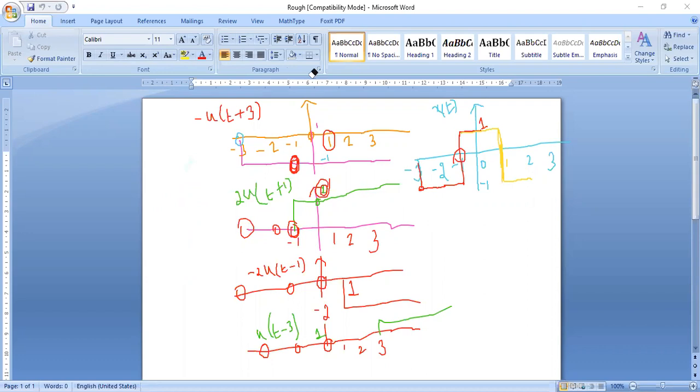So t is equal to 3. I want you to tell me the calculation. T is equal to 3. The calculation says -1 plus 2 minus 2, and in the last diagram also I have an amplitude of plus 1. So now everything gets cancelled. Now you tell me, is there any transition happening at t is equal to 3?